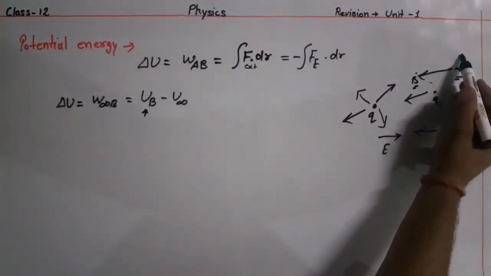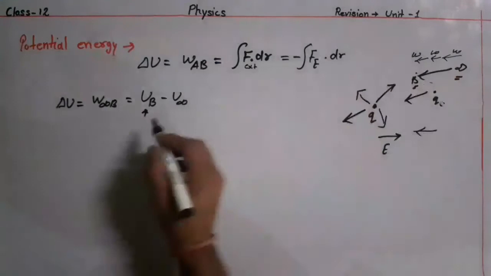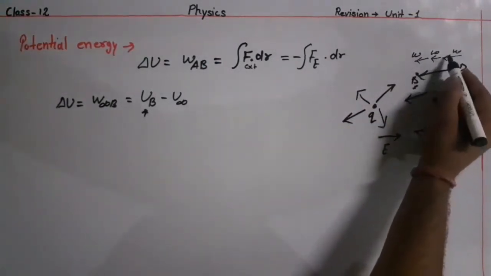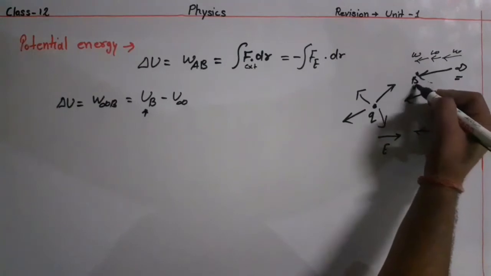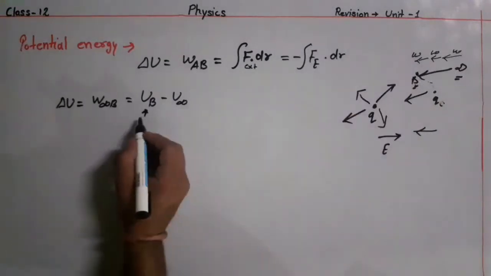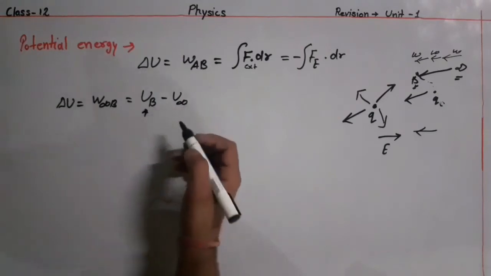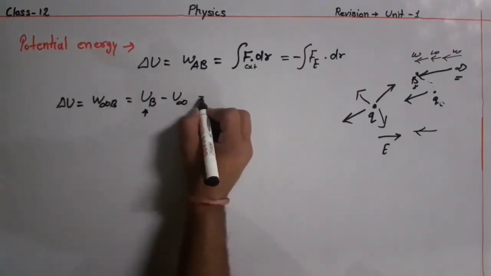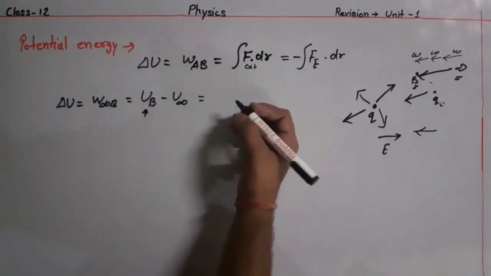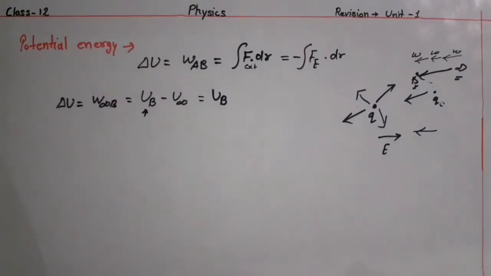Now see, if I am applying work done, this will get stored at every state in the form of potential energy. So as you can clearly see, the potential energy at point B will be maximum, because it will be the sum of all these work dones. So work done from infinity to B will be equal to potential energy at B minus potential energy at infinity, and as we know that potential energy at infinity is 0, this will give us the potential energy at B. Okay, if you want to rewrite the formula of potential energy, then you can easily note it down.